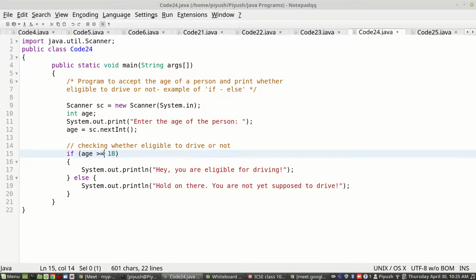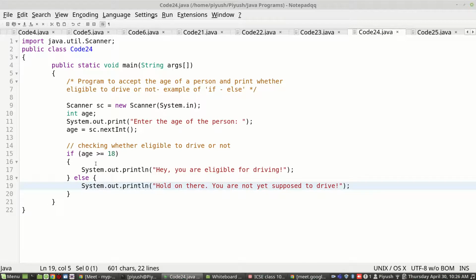This is one of the relational operators, and this will result in true or false. And as we know, if the condition is true, which statement will be executed? The statements present in the if block. If the condition is false, the statements present within the else block will be executed.